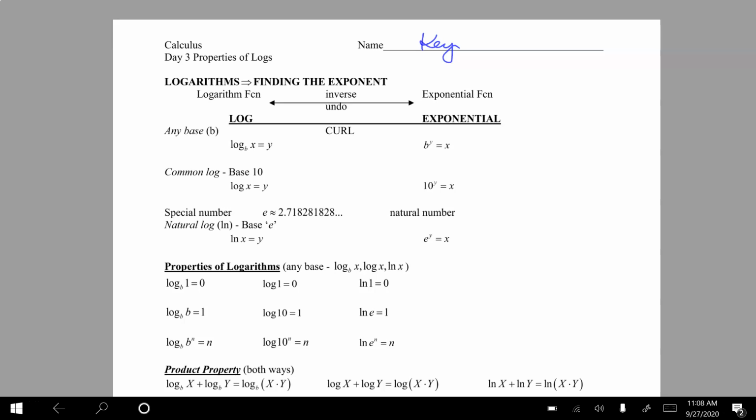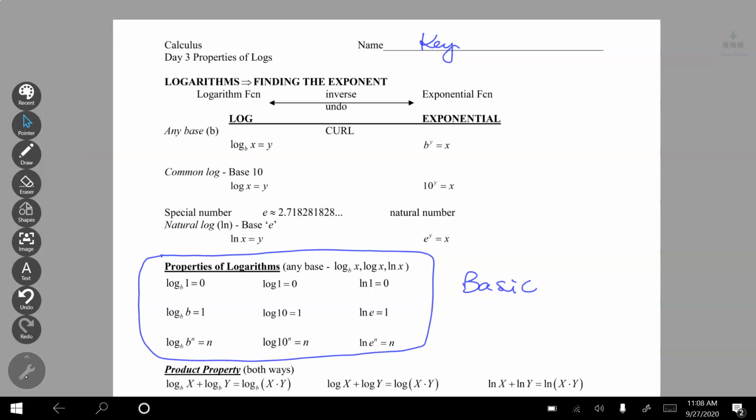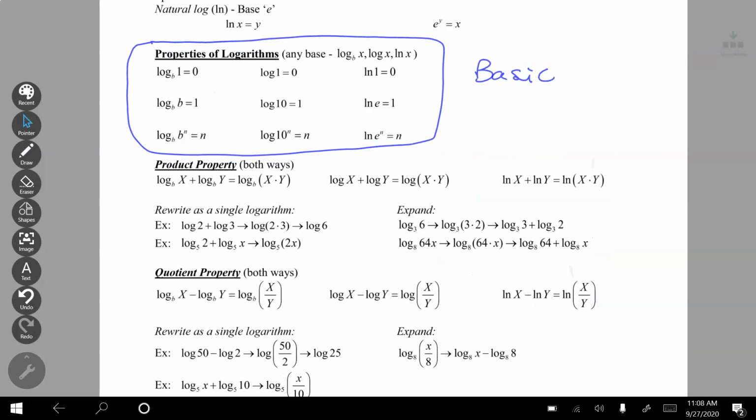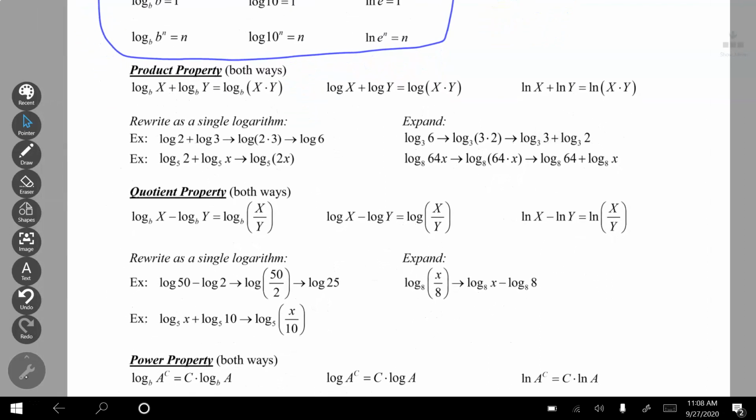Today we're going to expand our logarithms and talk about more properties of logs. We talked about what a log is earlier, whether it's log base b, log base 10, the common log, or log base e, the natural log, ln. Some basic properties that we have here. These are very basic properties. And then what we're working on today is our expanded properties, where we have